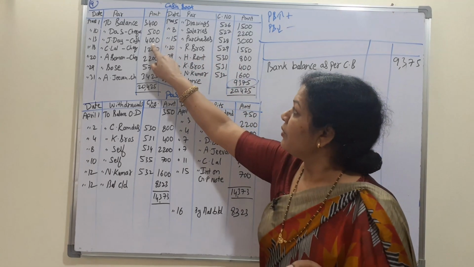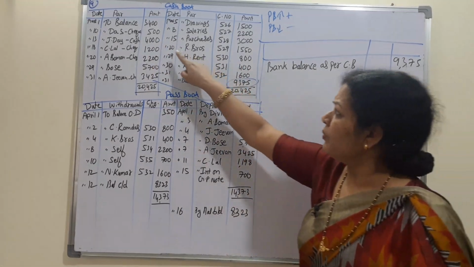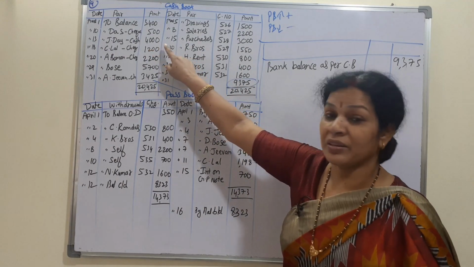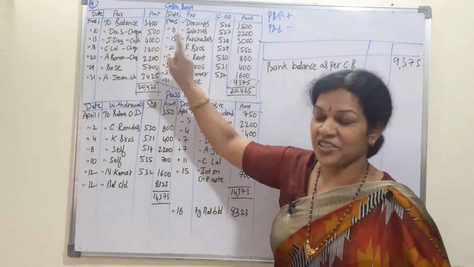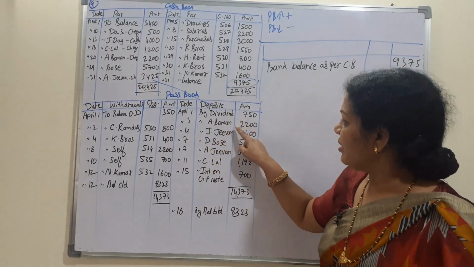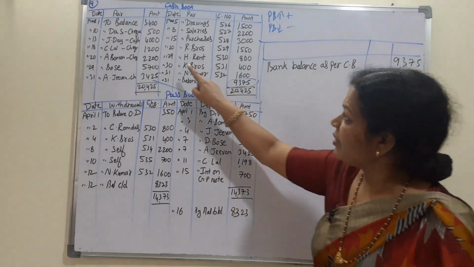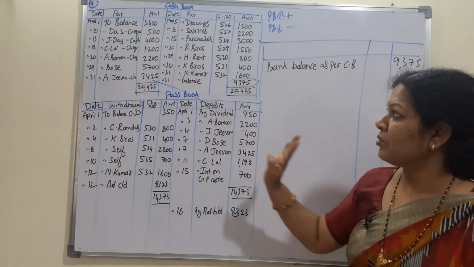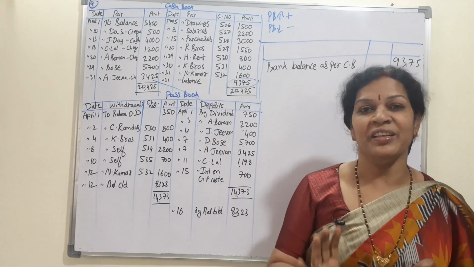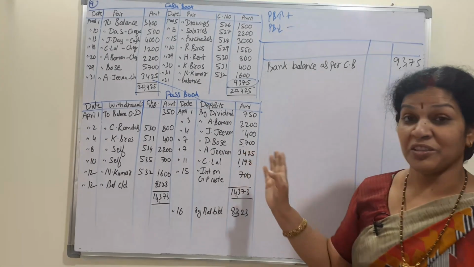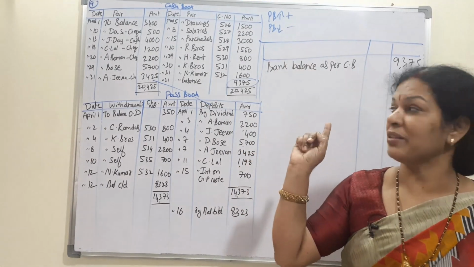In the same way, the 4,000 check we deposited on the 13th day, J day check. Are you finding J day? The 4,000 rupees check is also not there. It means it was also credited in the same March month. It is not there in April, so it was credited in the same month.